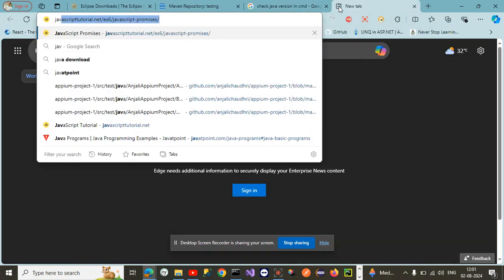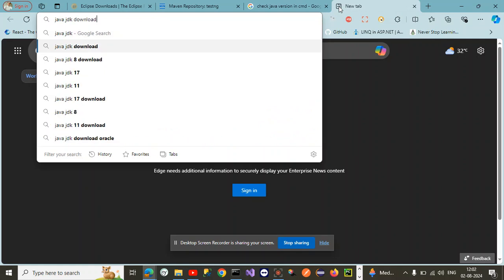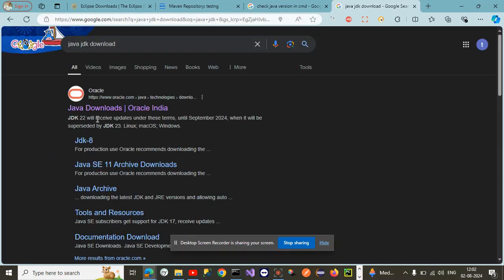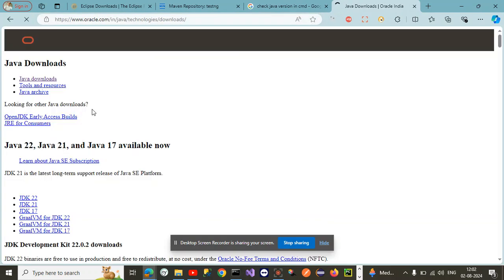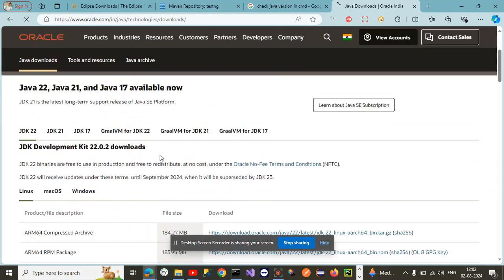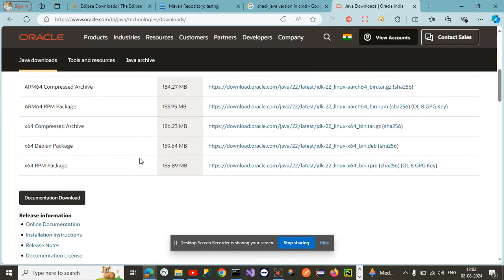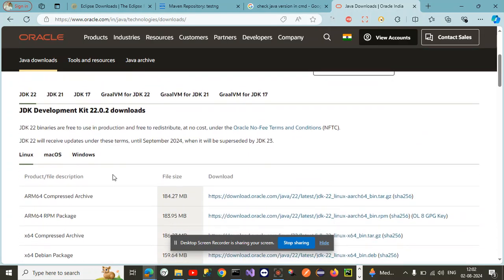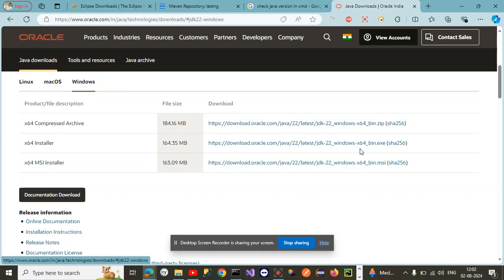Then you can search Java JDK download. When you search it, it will navigate you to the Java JDK page, and over here you can download JDK for Windows. You can simply download this file.